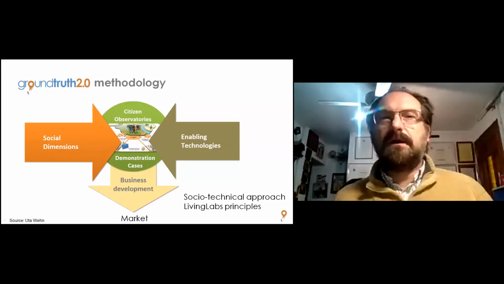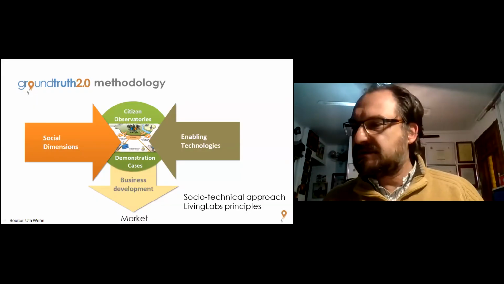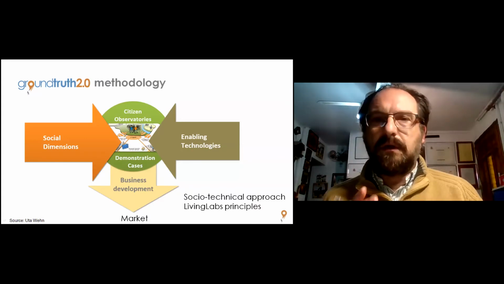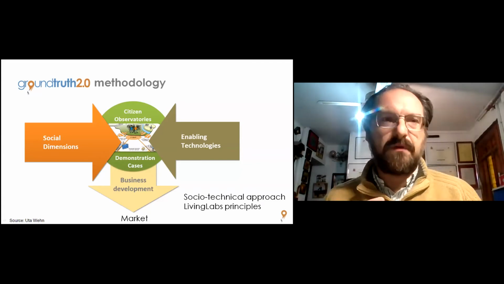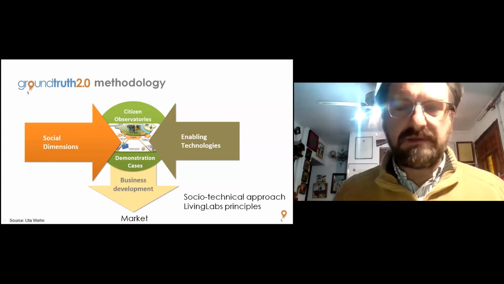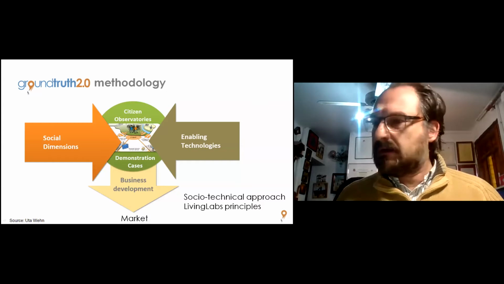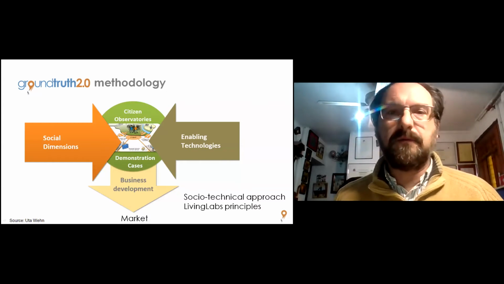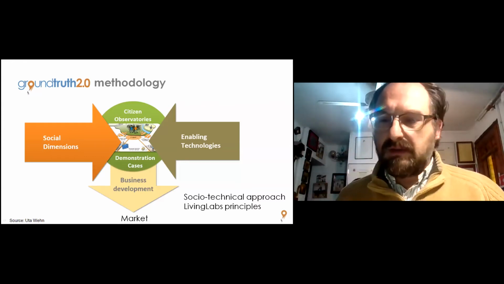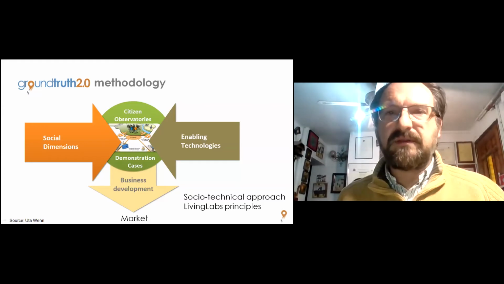The thing I want to say is that I will try not to talk too much about technology this time. So enabling technologies is just one dimension of the citizen observatories problem. There is also the social dimension, and this nicely connects with what Margaret was saying. And eventually, if both dimensions are able to fit together, that's where the benefits are.